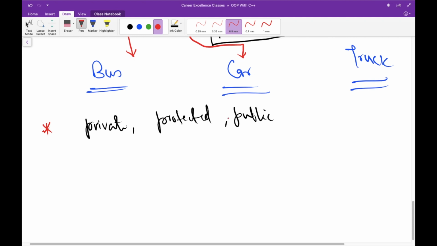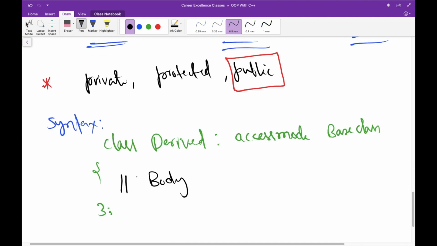So basically we have three kind of inheritances, but we generally use public inheritance for the practical use, and syntax of using inheritance in C++ is, so this is whole syntax of implementing inheritance in C++, and here you have to write the body of derived class. Now let's see what it means actually.